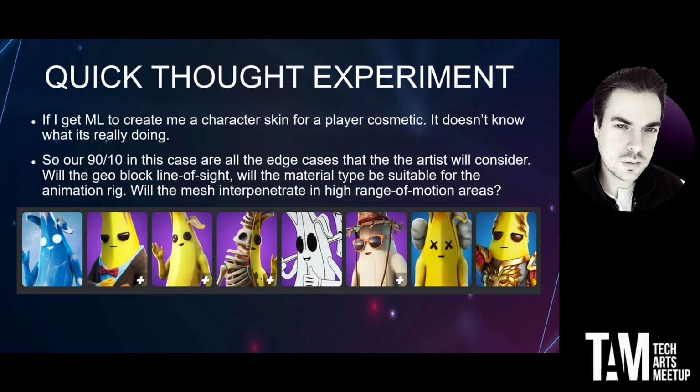So as a bit of a thought experiment, when we actually look at a case study, what does it look like? For games that are in live operations, for games that have lots of variation, lots of skins, lots of different variants for something, that sounds like it would be a great place for generative AI. We could train something and say, okay, this is obviously the little Fortnite banana. We could throw them in, train it on what this banana mesh looks like, and now throw me out a Toon one, or now throw me out a Roman Gladiator. Would it actually be able to give you that?